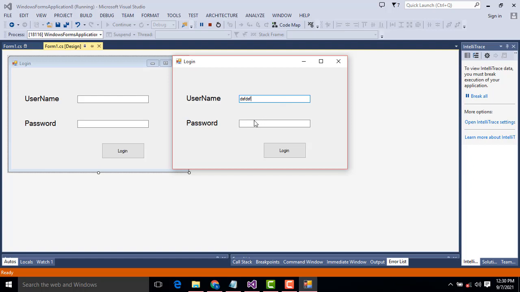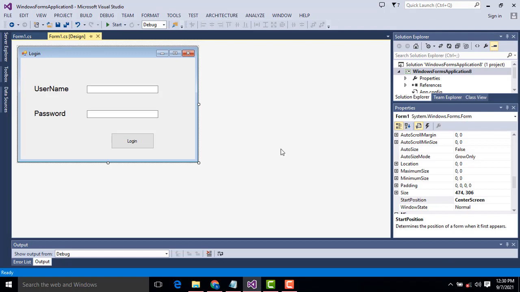First time, if you enter the username and password and fail, the username and/or password is incorrect. Again you type the username and password, second time also incorrect. Third time you try to connect, third time also incorrect. If you attempt the fourth attempt, sorry, invalid user. If you click OK, the program will exit. Okay, how to do the system step by step, we'll see.